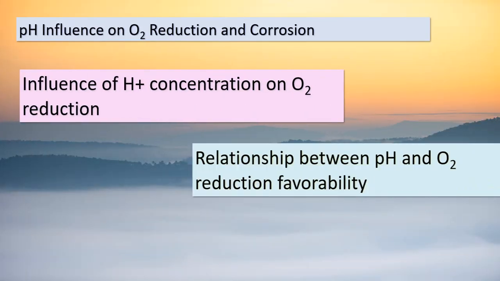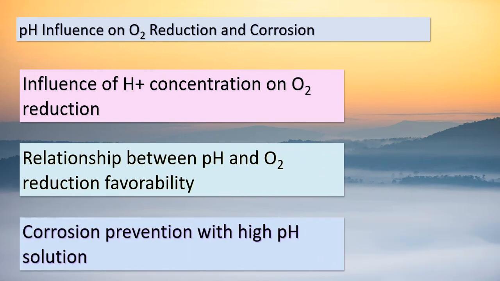Welcome, students. Today, we're delving into an essential aspect of chemical reactions and their interaction with pH levels. Our focus lies on the reduction of oxygen, a process that requires the presence of H+ ions. Interestingly, altering the concentration of H+ ions by adjusting the pH value plays a significant role in determining the favorability of oxygen reduction. When the pH is increased, and the concentration of H+ ions decreases, the reduction of O2 becomes